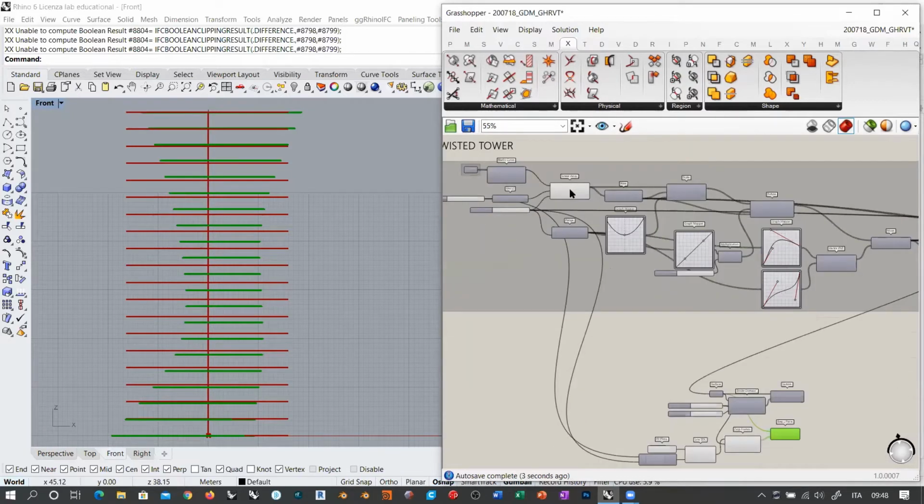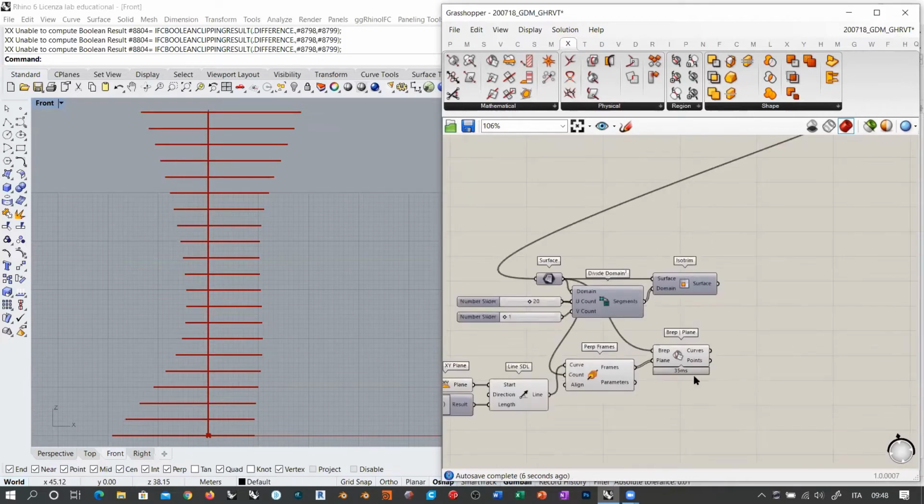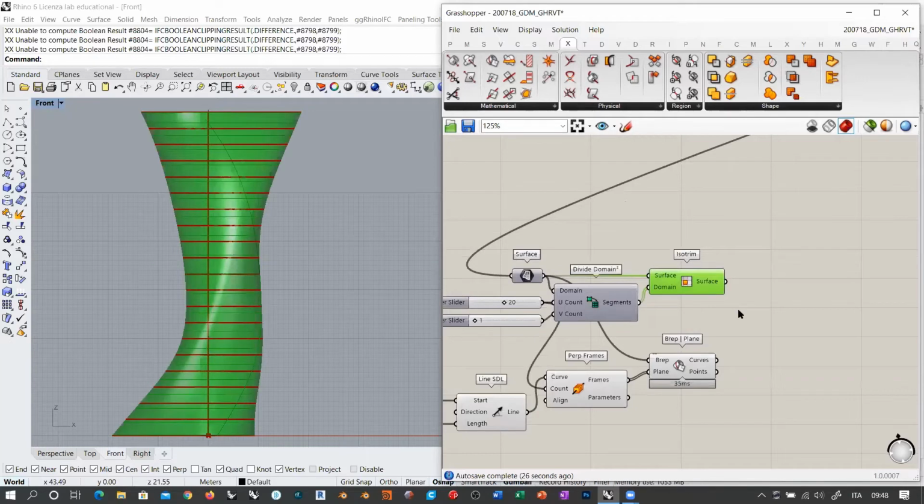You see, let me hide also the curves. You see that these are actually even spans along the surface of this tower. Okay. Now, if you take a look, we have one span, 2, 3, 4, 5, 6, 7, 8, 9, 10, 11, 12, 13, 14, 15, 16, 17, 18, 19, and 20 spans. Okay. These are the 20 spans coming from the topological cuts that we have created with the divide domain square